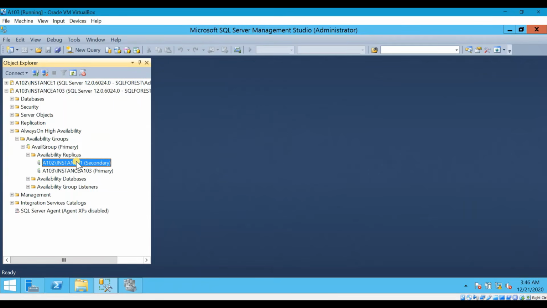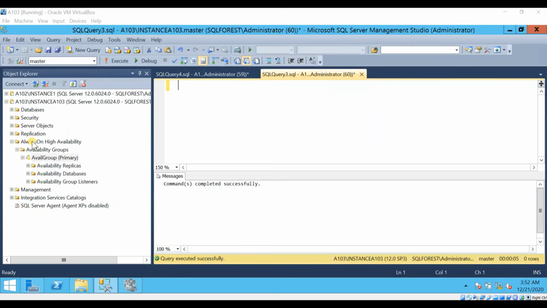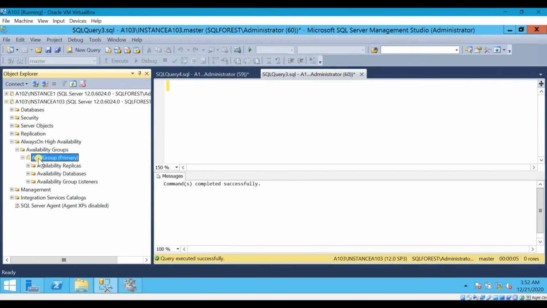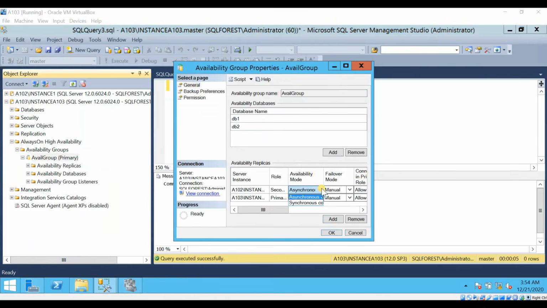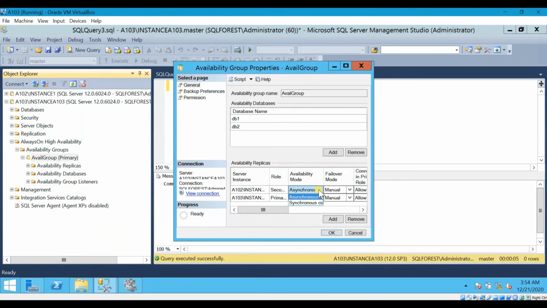You can see here A103 has become primary and A102 has become secondary. So this is how the operation works, and you can also change the mode of operation, synchronous or asynchronous, from here. Right click on availability group, your group name, and then properties, and here availability mode, change it to synchronous